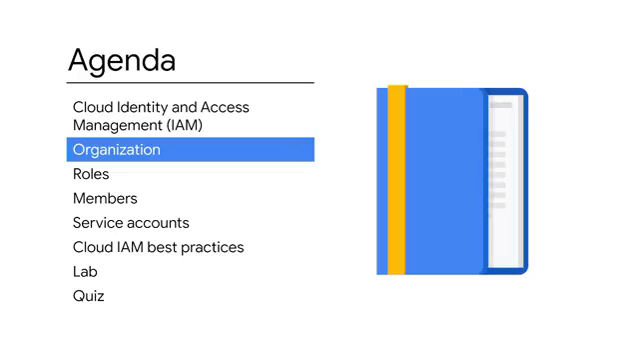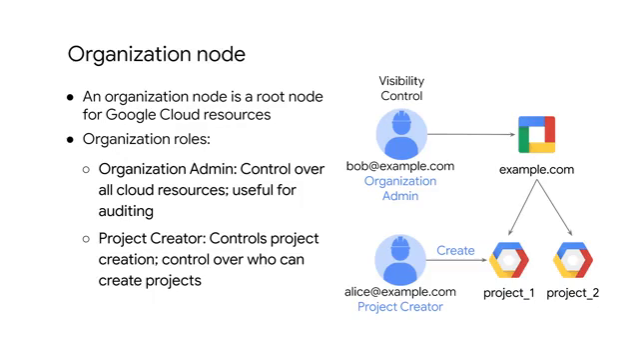Let's learn more about the organization node. As I mentioned earlier, the organization resource is the root node in the GCP resource hierarchy. This node has many roles, like the organization admin. The organization admin provides a user like Bob with access to administer all resources belonging to his organization, which is